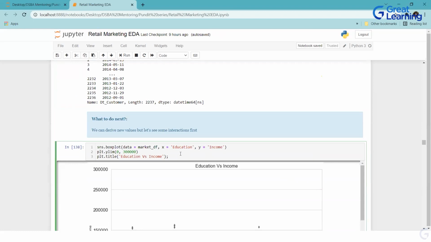So now, a few interactions. This is basic, logical understanding that education and income would be related. So let's see the first interaction. When people ask me while doing data visualization how will I know which columns I have to visualize, you have to apply your logic. What do you think, based on the data dictionary, that these columns would be linked or interactive? That's where you go ahead and use those columns in your interaction.